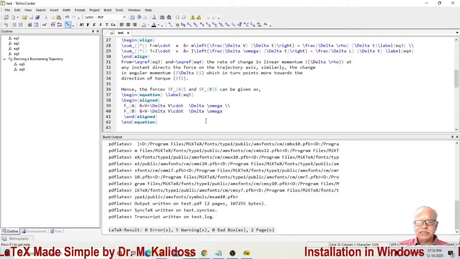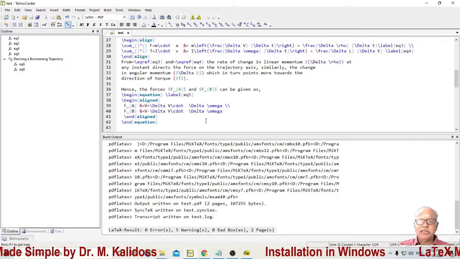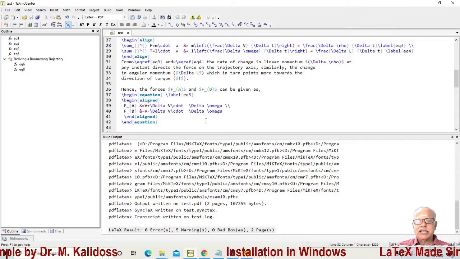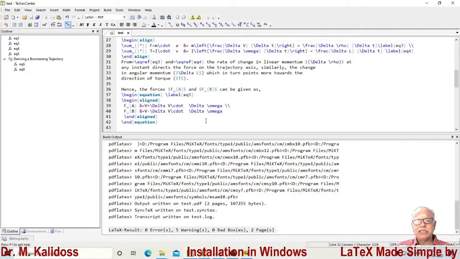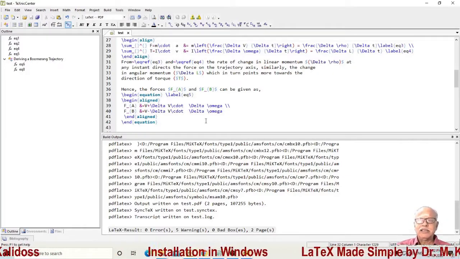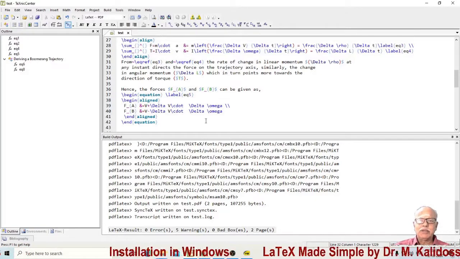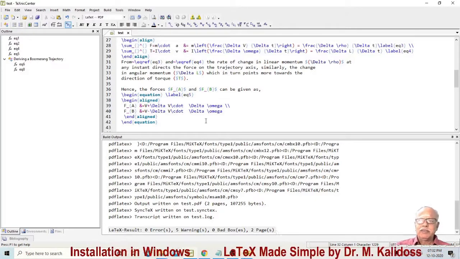Towards the end of this video, I will explain how to generate HTML, XML, MathML. For the present, we know how to compile a document.